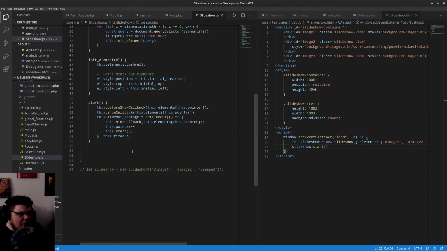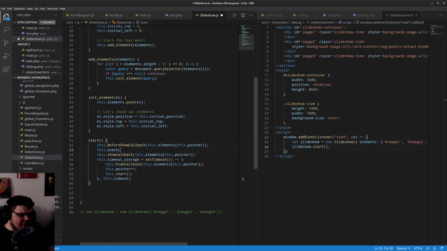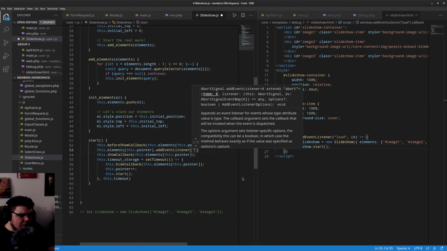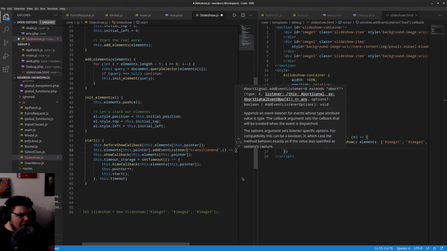Okay. Now we want to before show callback. We want to add this event listener. We want to do this elements, this pointer, add event listener, transition end. Okay, this is starting to come together here. And we want to do,